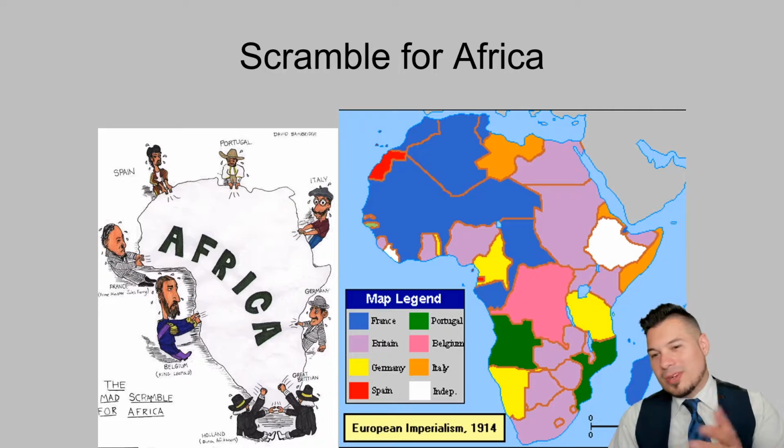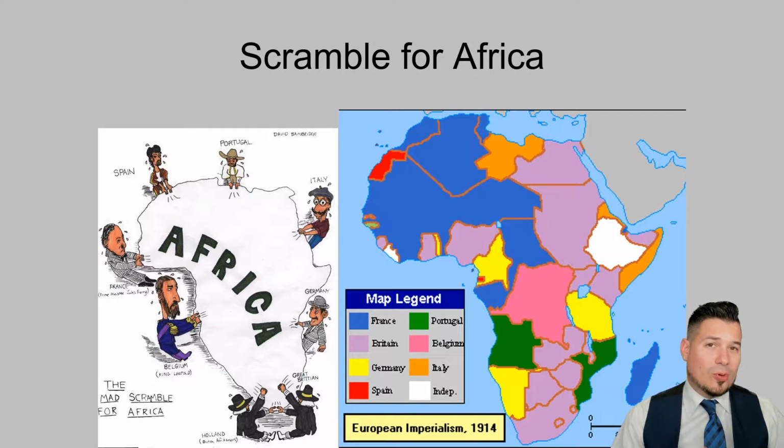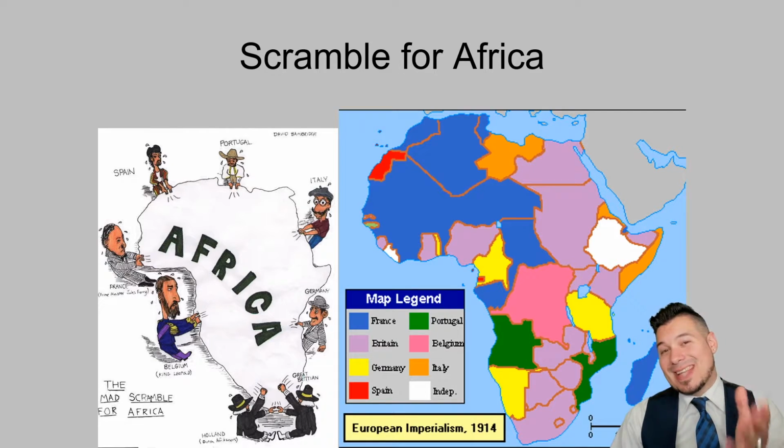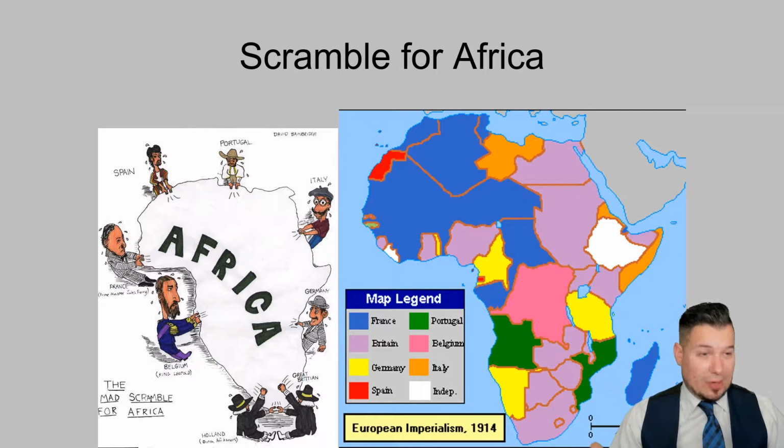The one big one you see here, independent, is of course Ethiopia. It's a man by the name of McKinley that goes ahead and beats back the Italians, who were trying to take over and colonize Ethiopia. The Italians lost to McKinley and his army, and what we see is that they remain independent until, unfortunately, right before World War II, Mussolini is going to go back and invade Ethiopia, this time with tanks, and they're going to do revenge that is absolutely horrific, including bombing Red Cross hospitals on purpose.